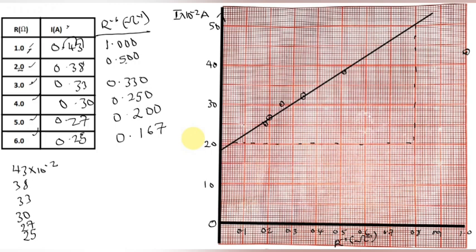Okay. So let me read off this point. I'm going to read off this point from here. So this should be at this point here. Let me just approximate. That's 50. So my slope S is going to be equal to 50 minus, then I'm going to read this other point here, that's 20. Now remember that here there is times 10 raised to power minus 2, so you are going to include it, times 10 raised to power minus 2, and the unit is ampere, divided by